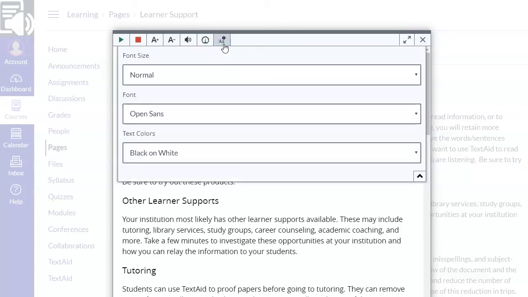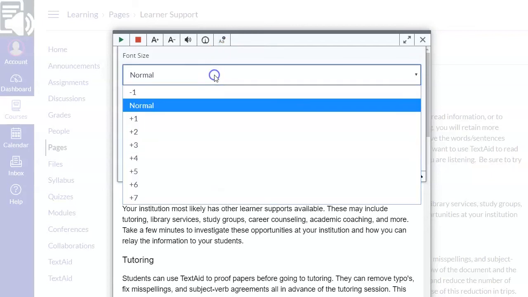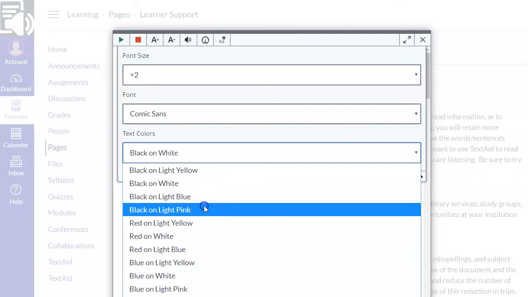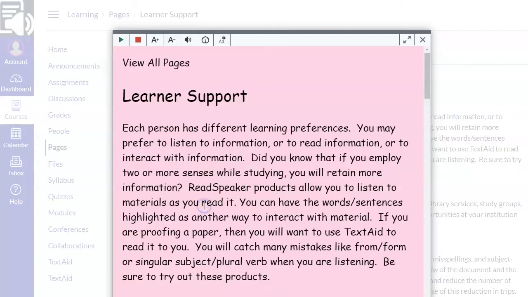This is the Text Settings tool. You can change the font size, font, and background color. Changes made to the text settings only appear in the text view of the document. If you are a distracted reader, or need a different text and background color from the standard black text on a white background, or need a different font, then you will want to try viewing your document in this mode.